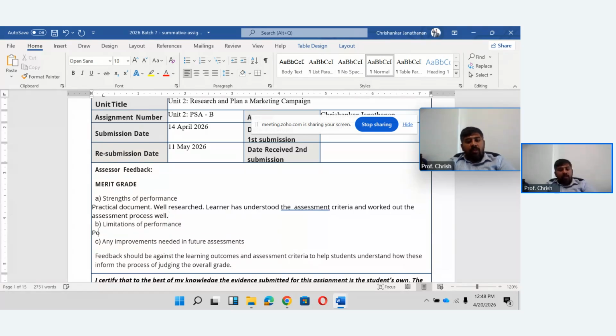Limitations of the performance: poor understanding of referencing. Use of referencing and critical analysis could lead you to a better grading.